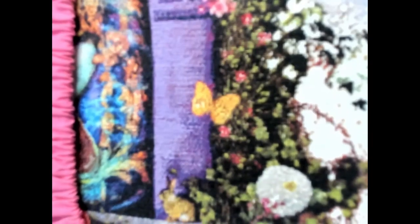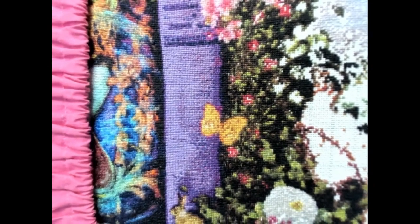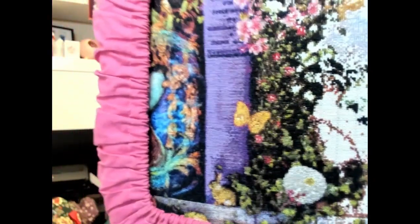I am trying to get, I think the butterfly I finally fully finished. Come on, zoom in, come on. Okay, new camera, getting there. Come on. Oh, we won't worry about it. Here we go. Oh, it's phasing in now, sorry. I think it's because I'm shaking. Here we go. Fully finished the